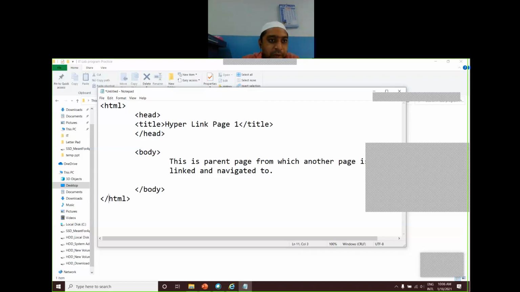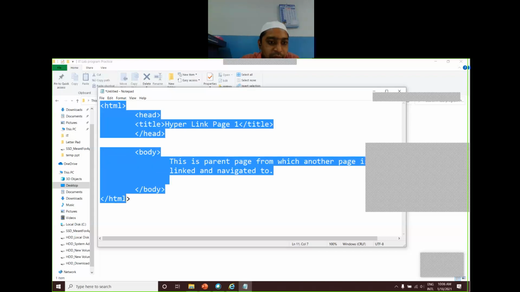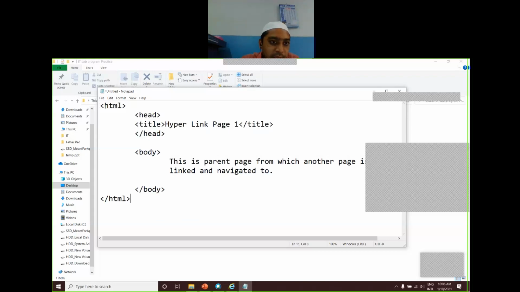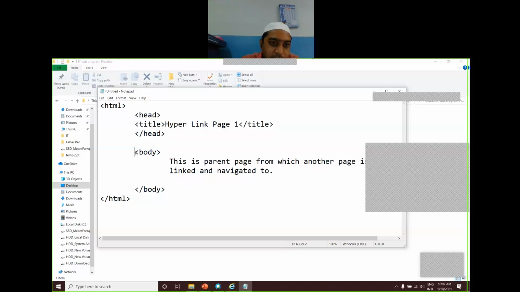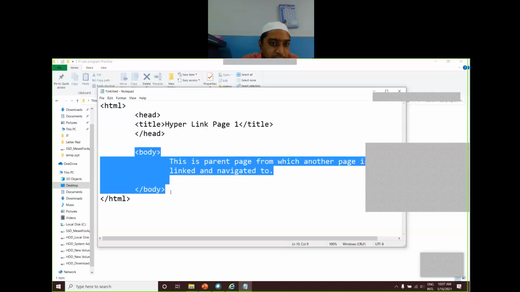I hope you people are remembering every HTML program will contain an HTML tag and it will have its own corresponding closing HTML tag. And with the HTML program, you will have two parts. One is the head part, second is the body part. What you write within the body part will be displayed in the browser window.